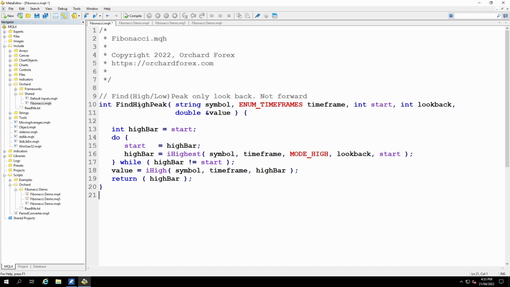So this is just the high peak finder. It takes a symbol, a time frame, a starting position, a number of bars to look back, and there's a double value, which isn't actually an input variable. It is returning the value, which is the high point of the peak that's found. And the find high peak function actually returns an integer, which is the bar number of the high bar that's found. So we just start by initializing this variable high bar to the same as the start, and then I'm